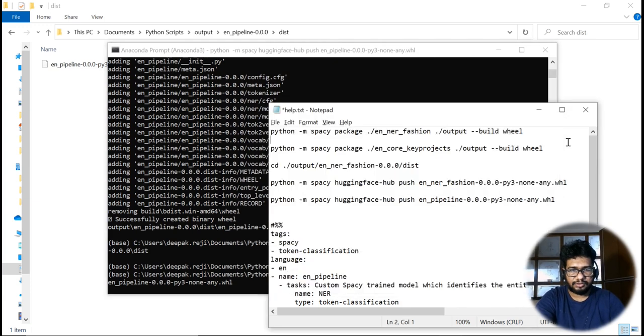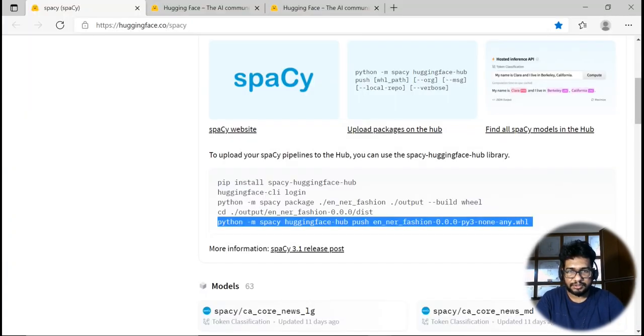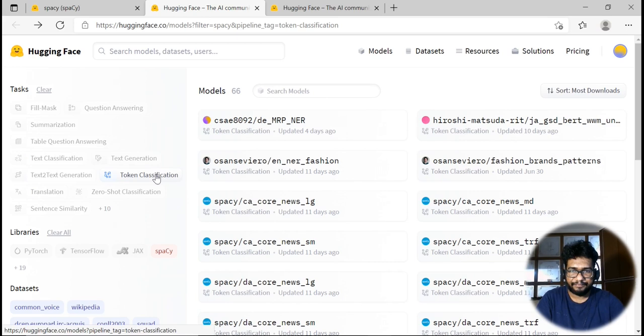Okay, so it will run, and this is the last step actually. It is going to push your spaCy model to Hugging Face. So let's see how it's happening. It will be pushed soon. Ideally it should come here under the token classification section.